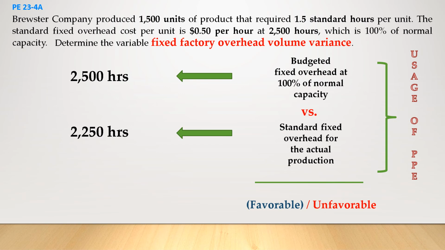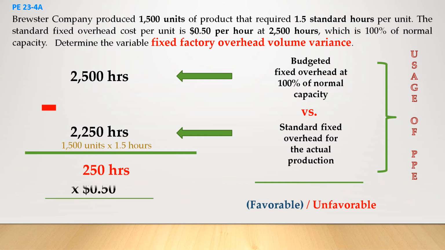Not yet. Why? Because we need to know the difference in terms of hours between the budgeted and the standard fixed. Then we multiply by the standard fixed rate of $0.50 per hour in order to arrive at an unfavorable variance of